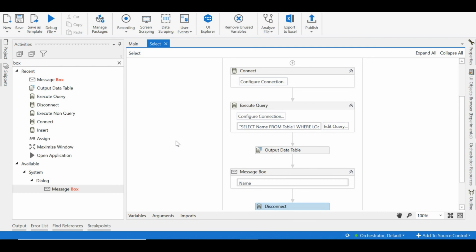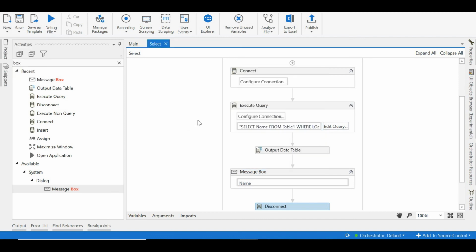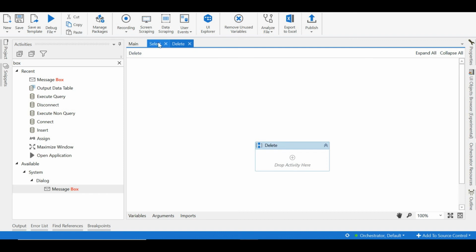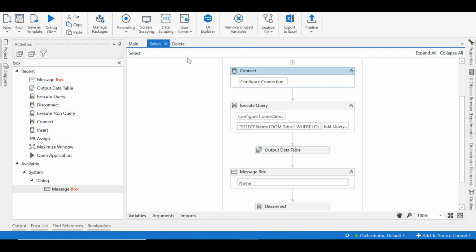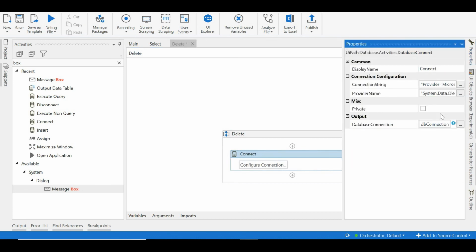Okay, now the last part, which is delete. We need to delete the person who is from Kolkata, right? So let's create one more sequence and name it delete. Same thing, I'll copy the connection and create the variable.